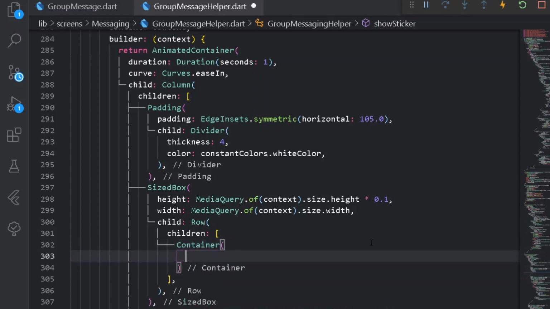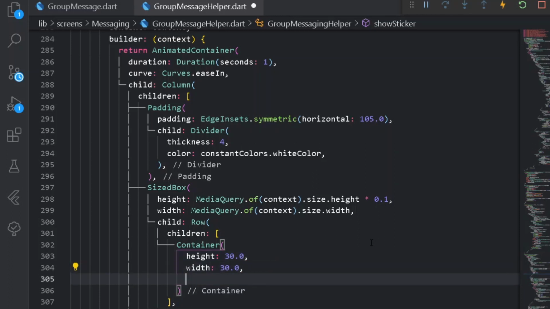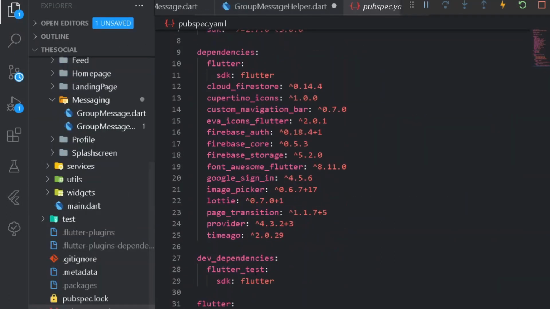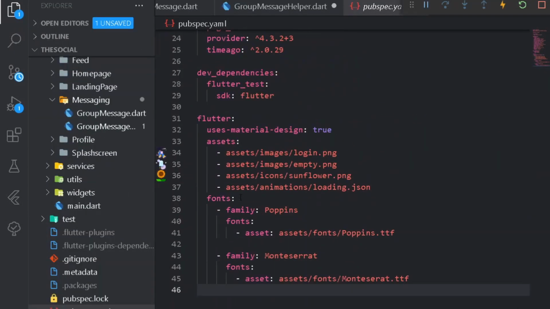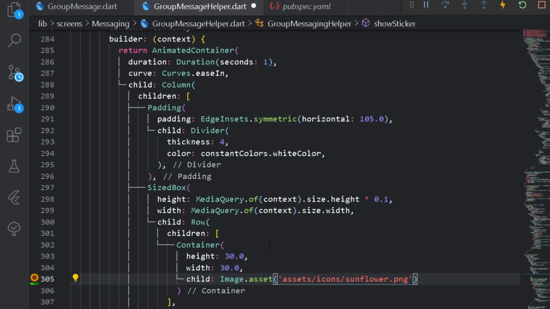Under the Container, first of all let's have a somewhat small height of 30, also a width of 30, and after that let's have the child be an image from my assets. From my assets we can go under my pubspec.yaml file and copy any of the images. For now I can simply copy sunflower and paste it here as the asset, for testing purposes only.